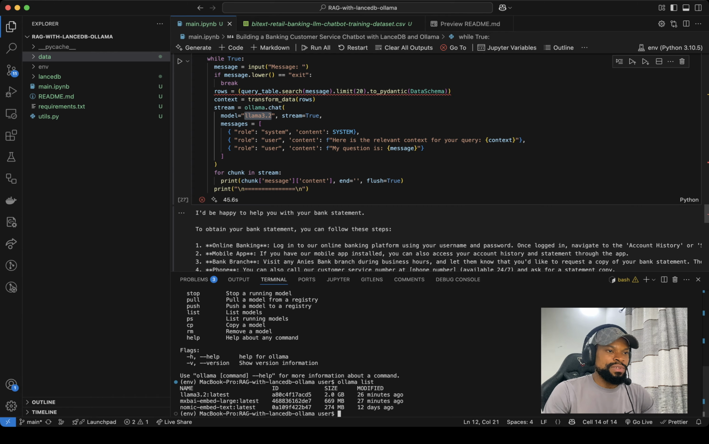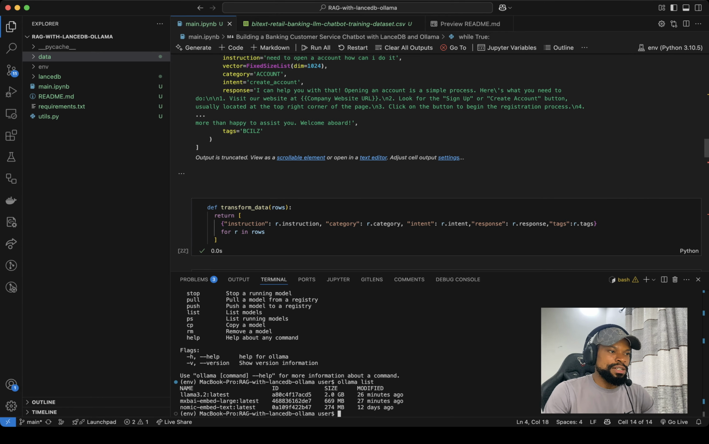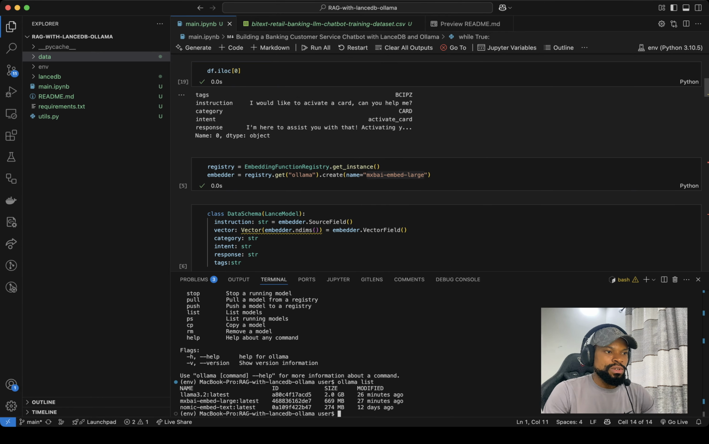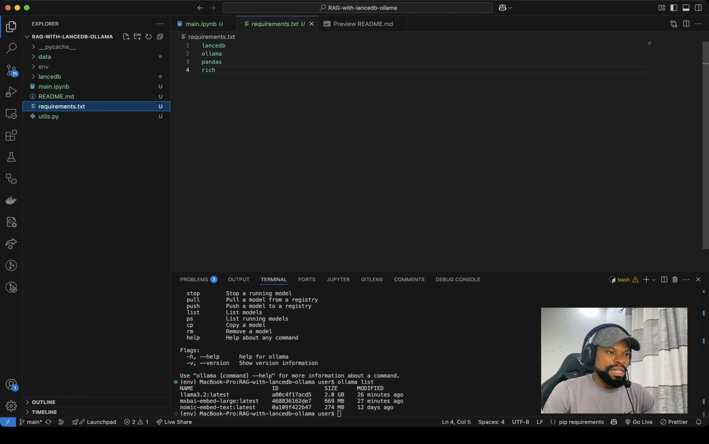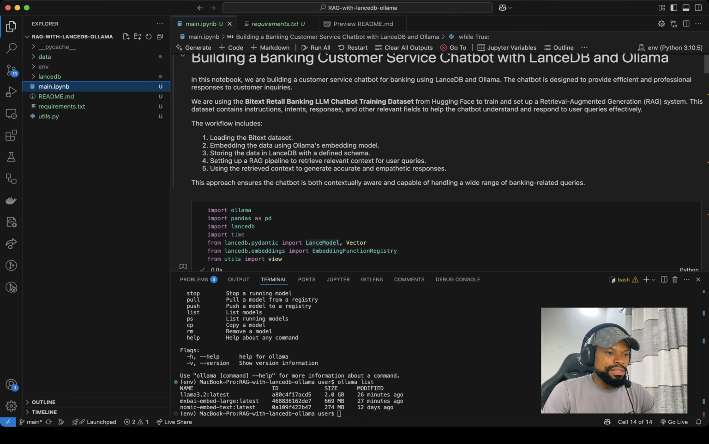So first you install Ollama, then you pull those models into your Ollama application, and then you install requirements, because you need LanceDB Python, Ollama Python, and pandas. So once you're done with that,